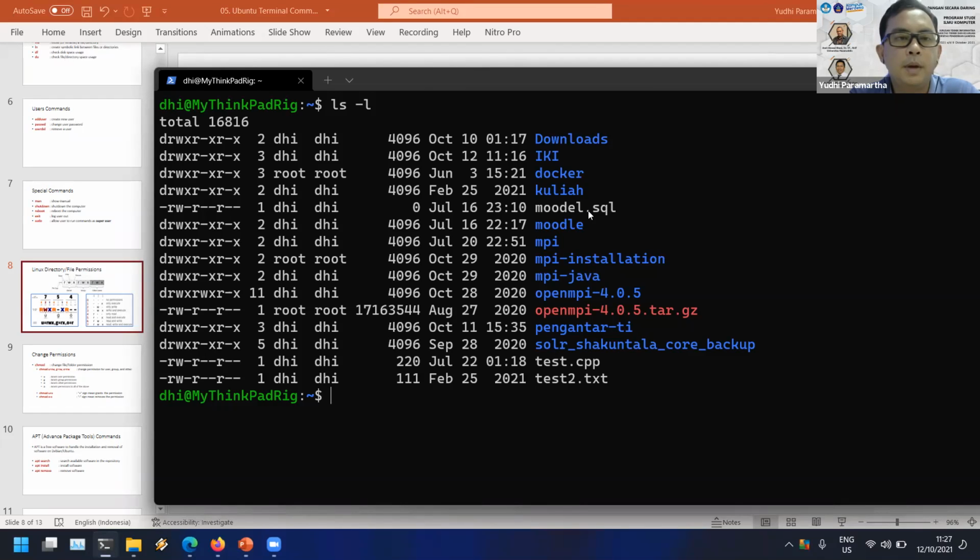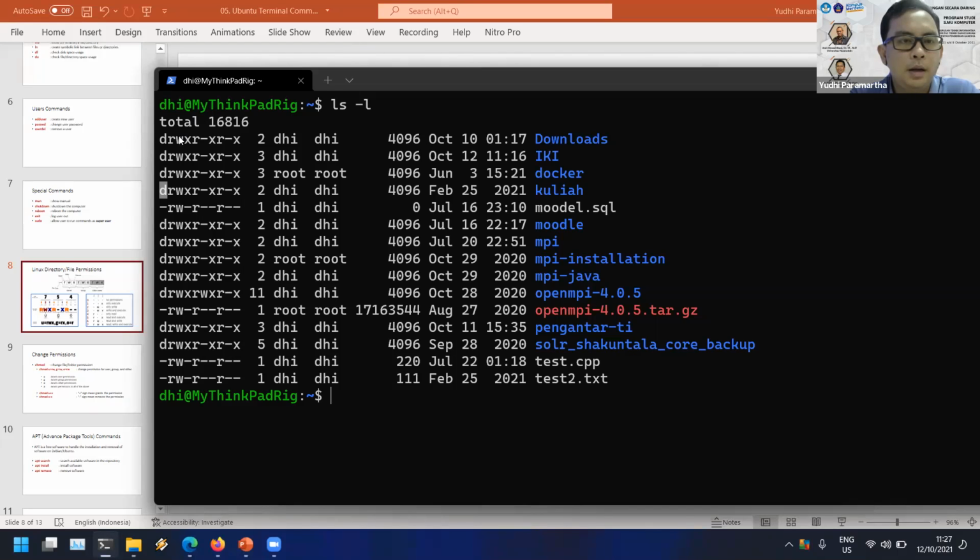Maybe it is specific to the application that you use. So in the Linux file system, it only knows about files or directories, directory or not directory, something like that. So it gives the tag in the first character like this, D or dash.